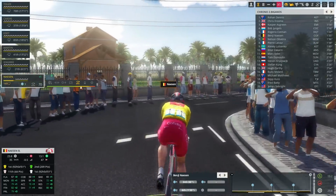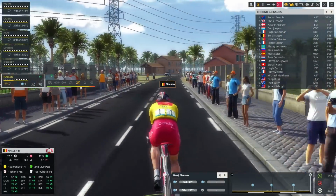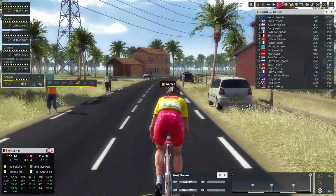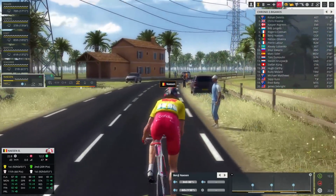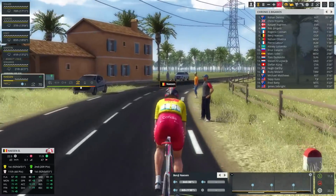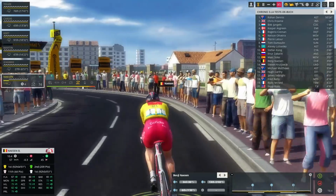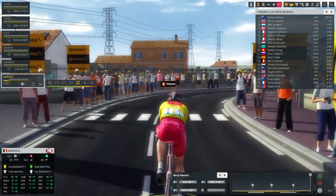What is happening to the lad today? We're going a tiny bit too fast though, I think, but I think 70 is going to be fine for the rest of the race now. Dumoulin just ahead of us there. Can we pass him? I don't think so. That will be too difficult. I am able to go faster under the intermediate. Oh god. 2 minutes and 3...